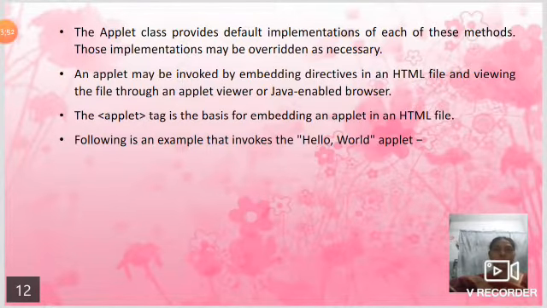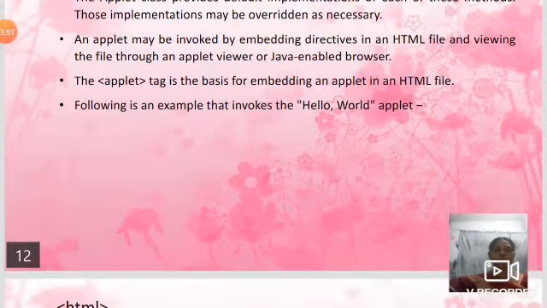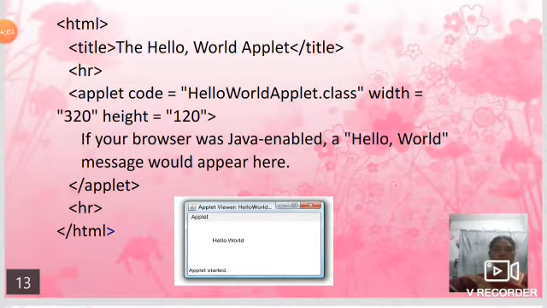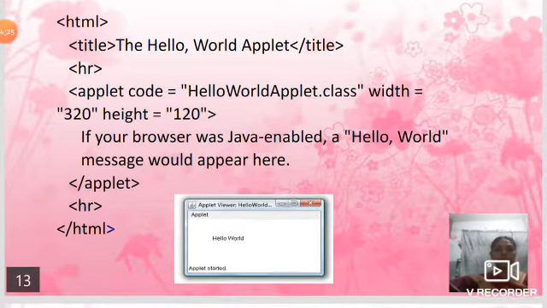So now we are going to see how the applet tag is to be plugged into the HTML program. So here is an example of the hello world program. Here we are writing that applet code inside the HTML package. The HTML program has a title bar, and inside that the applet, the code is equal to hello world applet.class. It's a class file that is to be plugged in inside the HTML codes, and we close the applet and the HTML. So when you compile and run in the applet viewer, we can see the result like this.